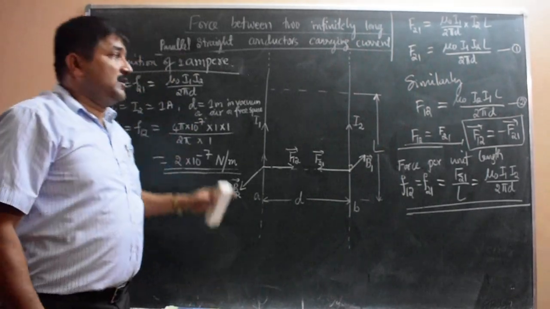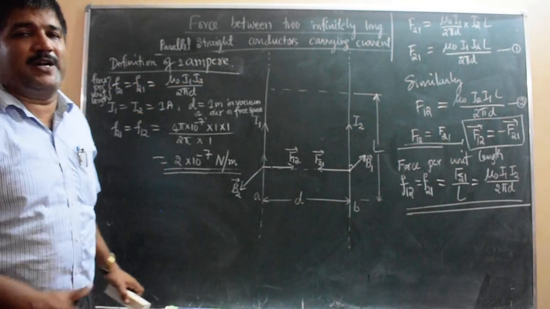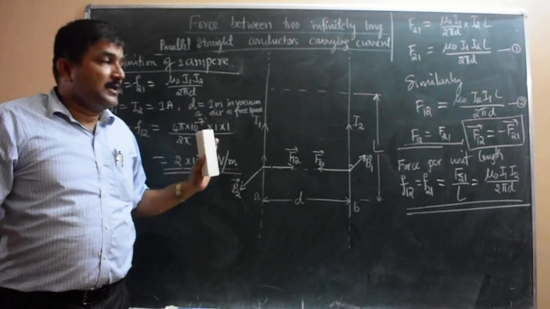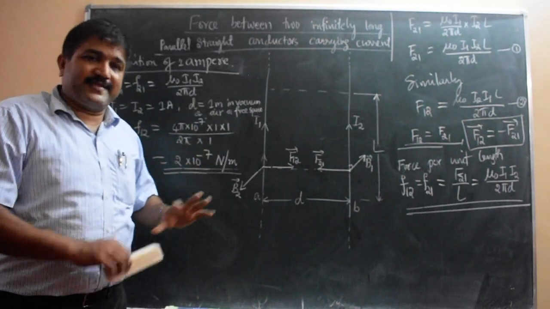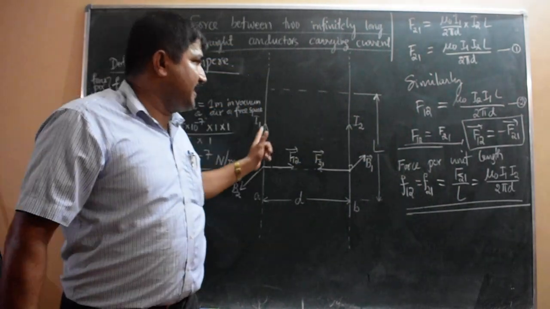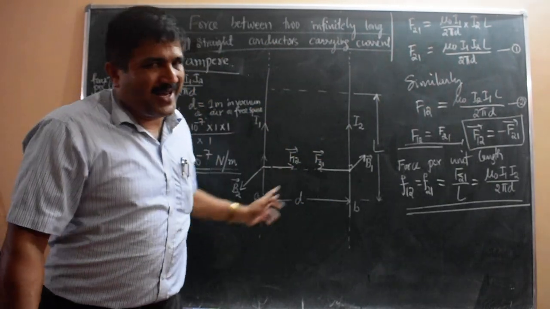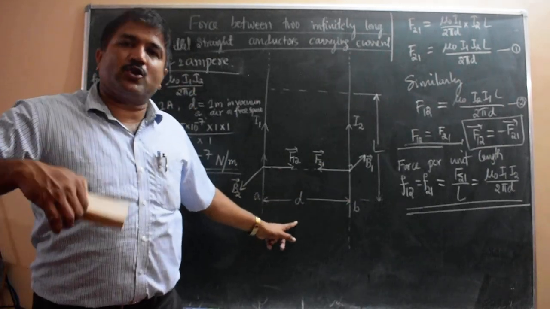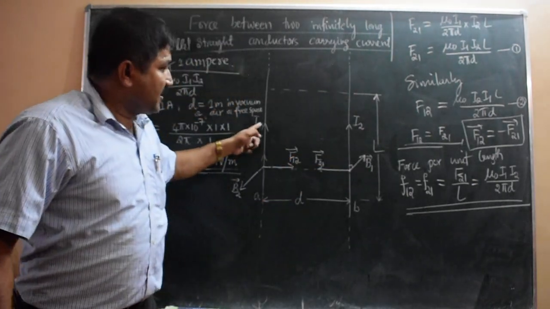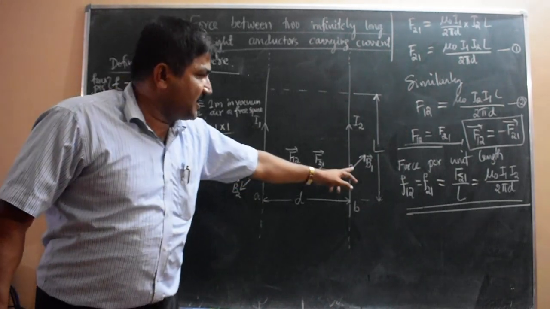So this is all about the derivation and the definition of 1 ampere. It is a very important derivation for 5 marks: derive the expression and hence define 1 ampere current. For this, the diagram is compulsory. First draw the diagram with the two infinitely long conductors carrying current in the same direction, with dotted lines shown. Mark them A and B, or 1 and 2. Separation you can take as d. Also show the force and the magnetic field inward. B1 is the field produced by current I1, whereas B2 is the field produced by the current I2.